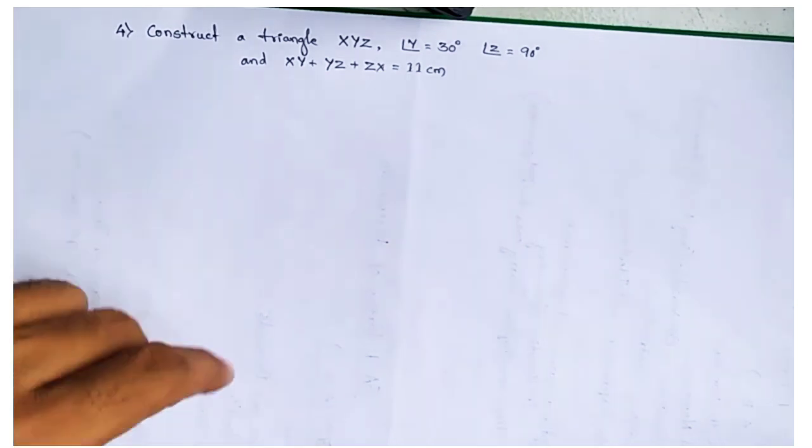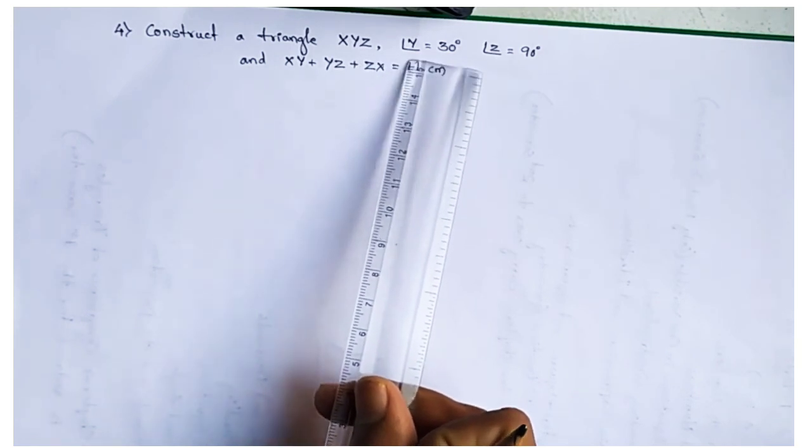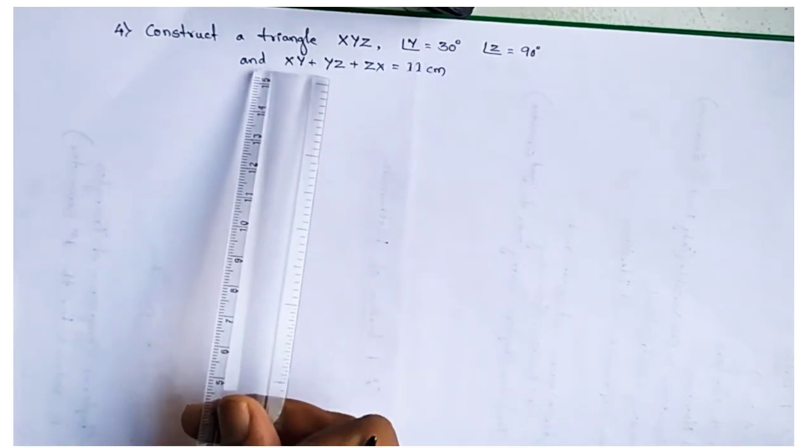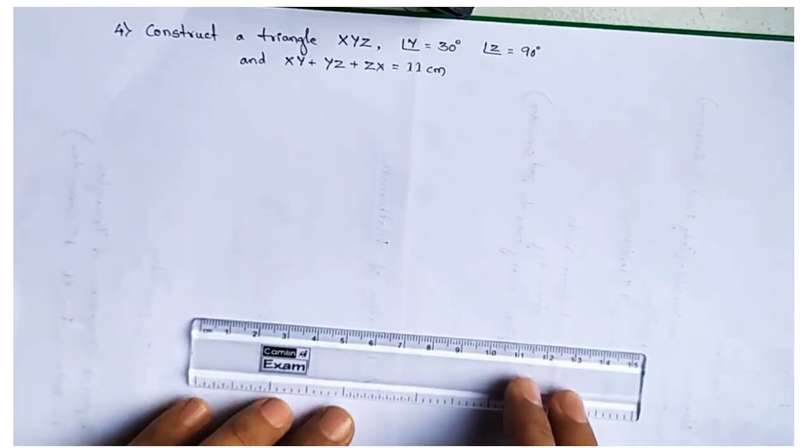Now taking the fourth problem; third and fifth are for your practice. First, second and fourth one, out of these three, you may get any one for your essay exam. So try to concentrate on these three problems and make the construction once again yourself and be perfect. Let's start the fourth problem. Construct a triangle XYZ where angle Y equal to 30 degrees, angle Z equal to 90 degrees, and they also gave the sum of all sides as 11 centimeters. So first you draw the 11 centimeter line.